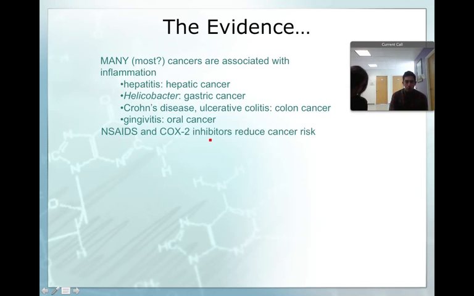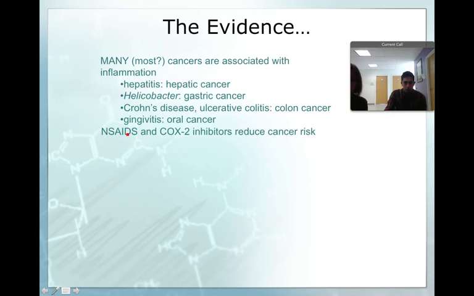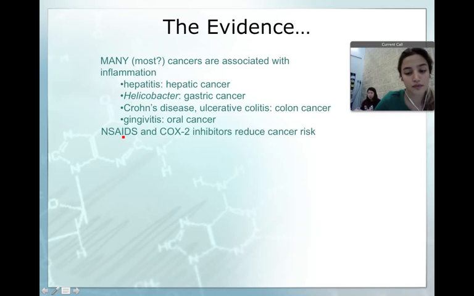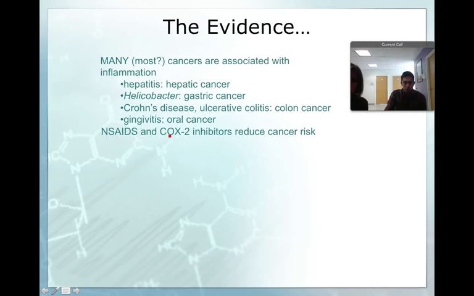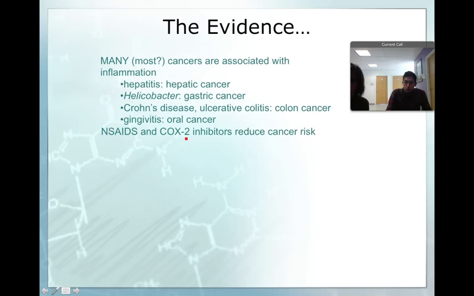It is also known that the opposite is true, that if you treat someone with non-steroidal anti-inflammatory drugs, something like just aspirin, right? Or a COX-1 inhibitor, by the way, or a cyclooxygenase COX-2 inhibitor, something like the next generation, like the Motrin and those guys,